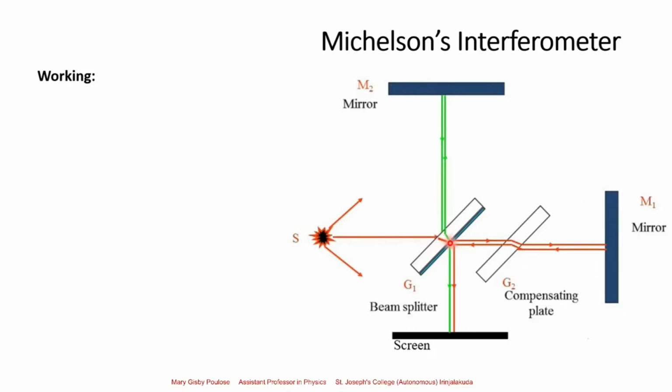Light is divided into two. The reflected portion is represented by the green ray, and the refracted portion is represented by the red ray. Okay, now these two rays travel equal distances and get reflected by two mirrors, M1 and M2. And the reflected rays from these two mirrors again fall on the beam splitter and interfere. The interference pattern can be thus viewed in this direction on a screen or any detector like a camera